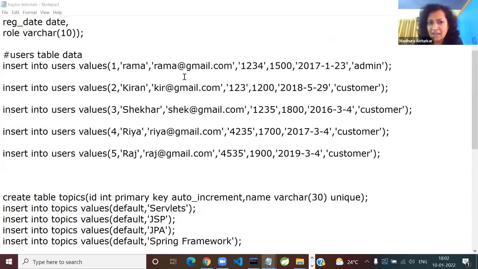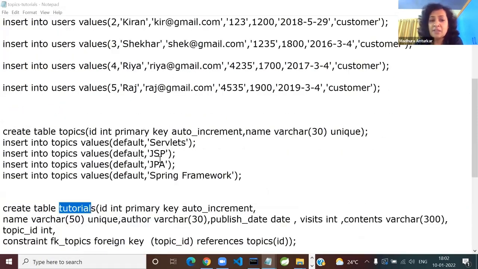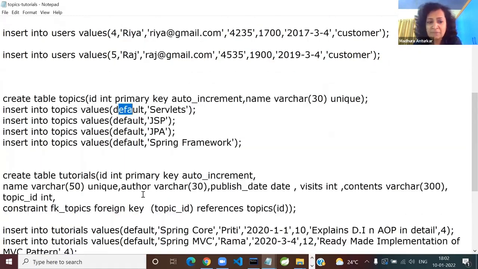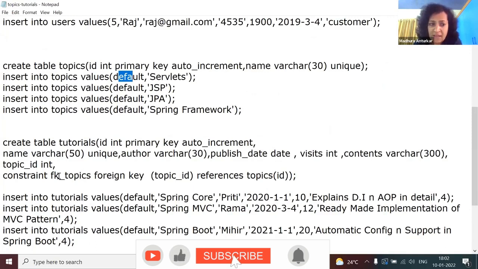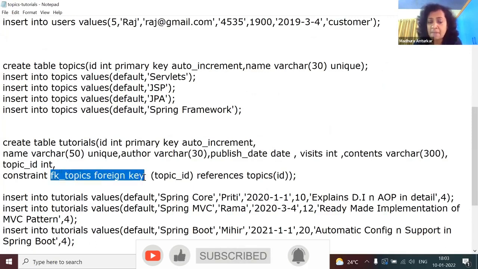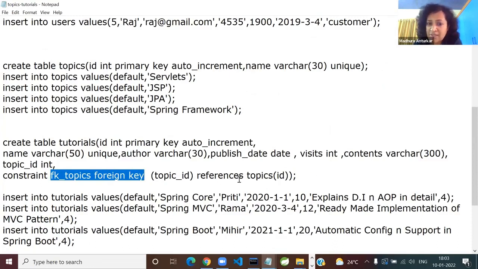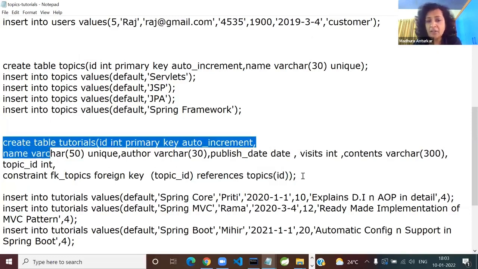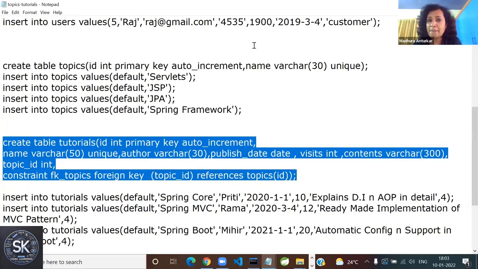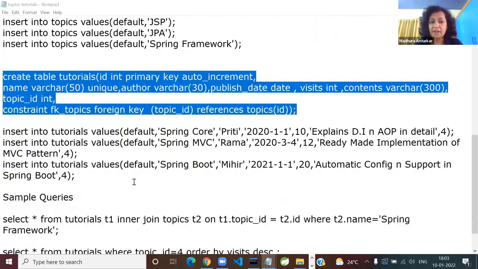So I think understanding table, I just added certain users. I have created certain topics. Everyone knows default keywords, so I auto incremented and all that. And slightly interesting table is tutorials. So tutorials has the rest of the things. And this is your foreign key constraint. So multiple tutorials can be referring to the same topic ID. Everyone understands that? The tutorials table is clear. So the foreign key is in the tutorials table, which references the primary key of the topic ID there. And then I have given some data here.